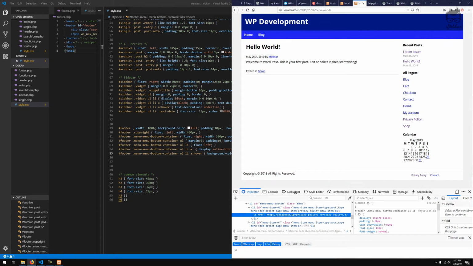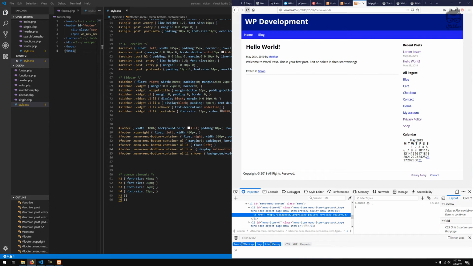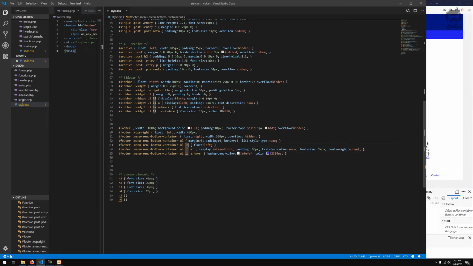Okay, let's see. Looks all right. Okay, what we can do though, make it a little bigger. Actually, it looks a little too small. Let's make it 14 pixel. And also, once we refresh, we want to make this text 14 pixel as well, so that it doesn't look odd. Font size,